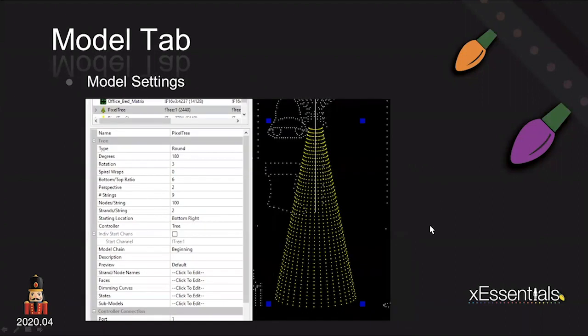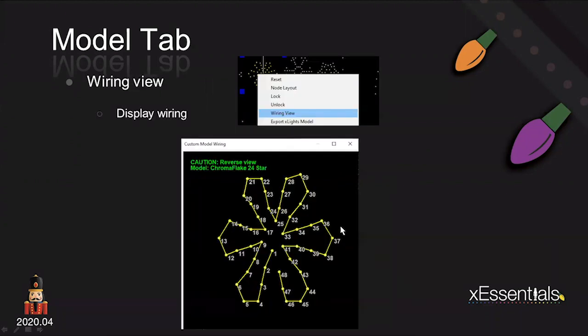So in the models tab, the whole idea of it is you define your models. So this is like a mega tree. I set it up as 180 degrees. There are 100 nodes per strand, and this kind of just shows you all your settings. And from there, depending on your wiring location and your number of strings, you can then see your